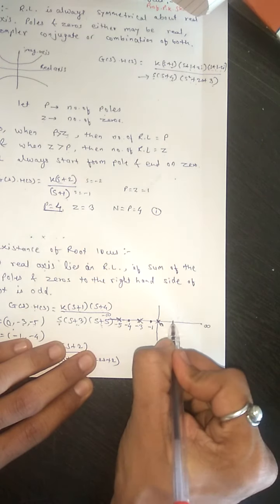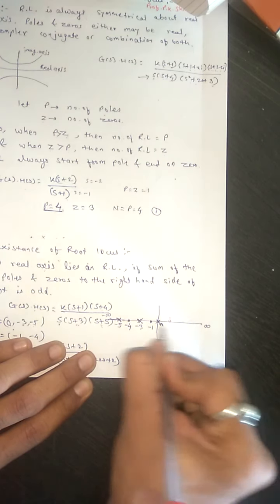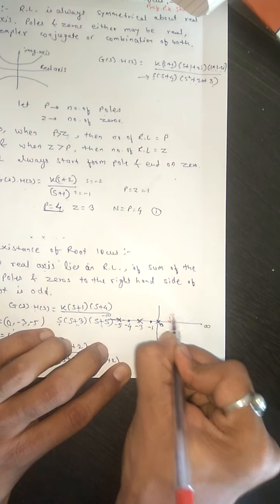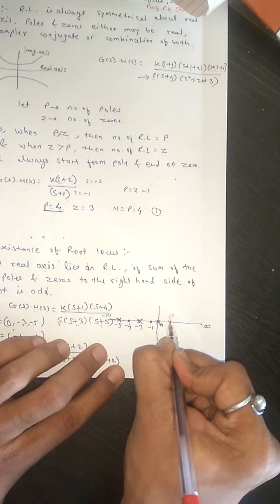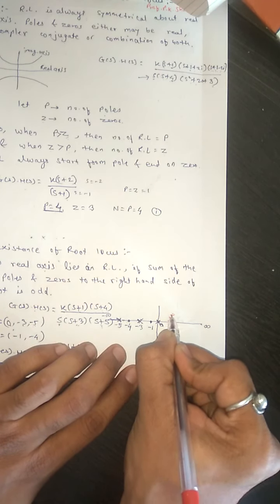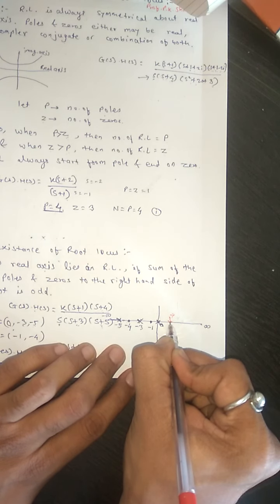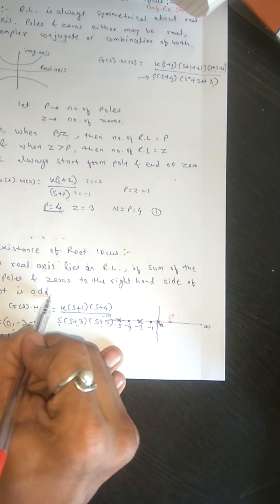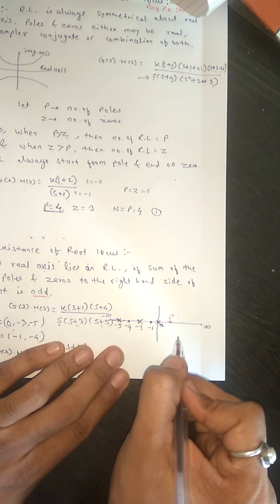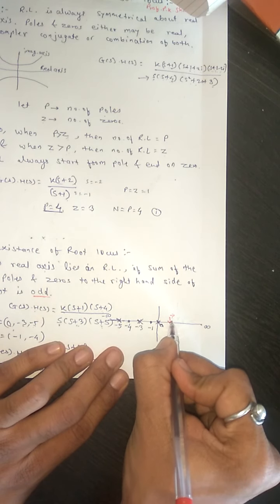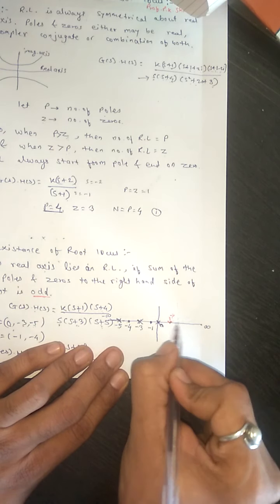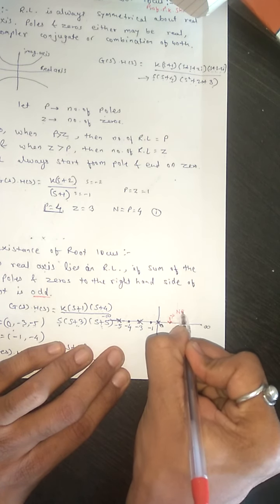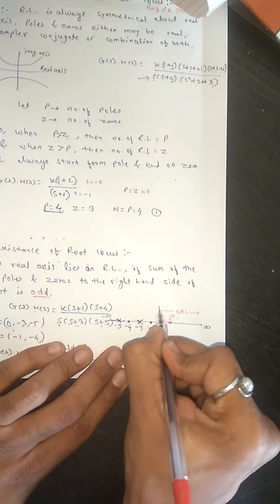Okay, here. Anywhere in the region. So I put my marker or pen here, and we need to check on the right hand side of that point. Where you place your point, on the right hand side of the point, check how many poles and zeros are present. If this figure is odd, then there is a root locus present. If I place this point and check on the right hand side, there is no zero or pole present. So completely this region will be NRL, non-root locus region.